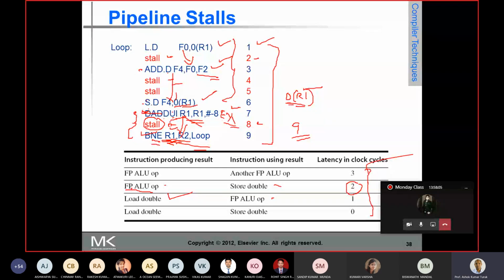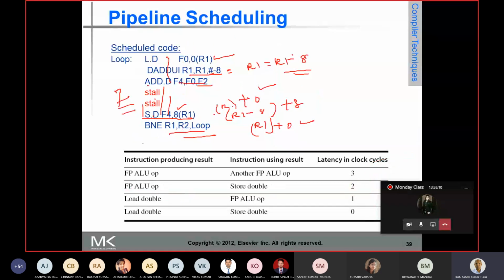And the add and the branch not equal to, this is also a branch overhead. So here also the same thing. The branch overhead is the add and the branch not equal to 0. So in this case, the scheduled version takes 7 clock cycles to execute. Of these 7 clock cycles, there are two overhead instructions plus 2 stalls.